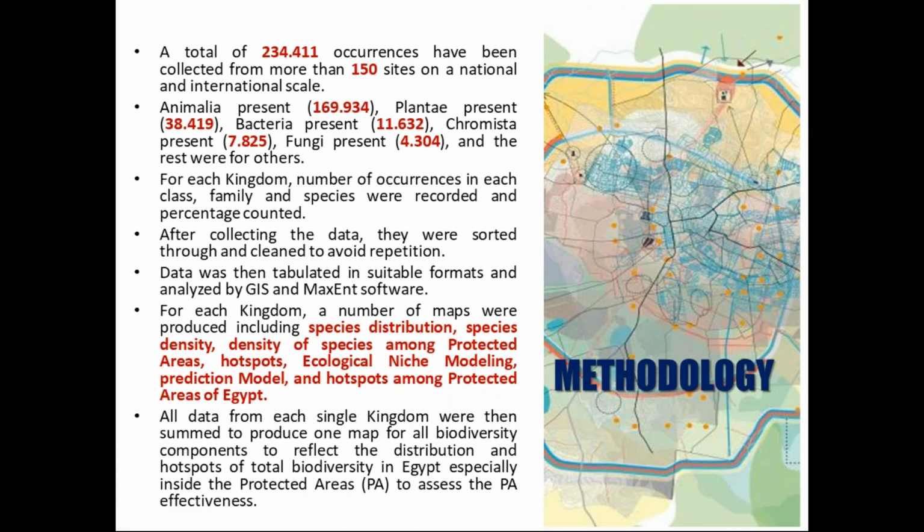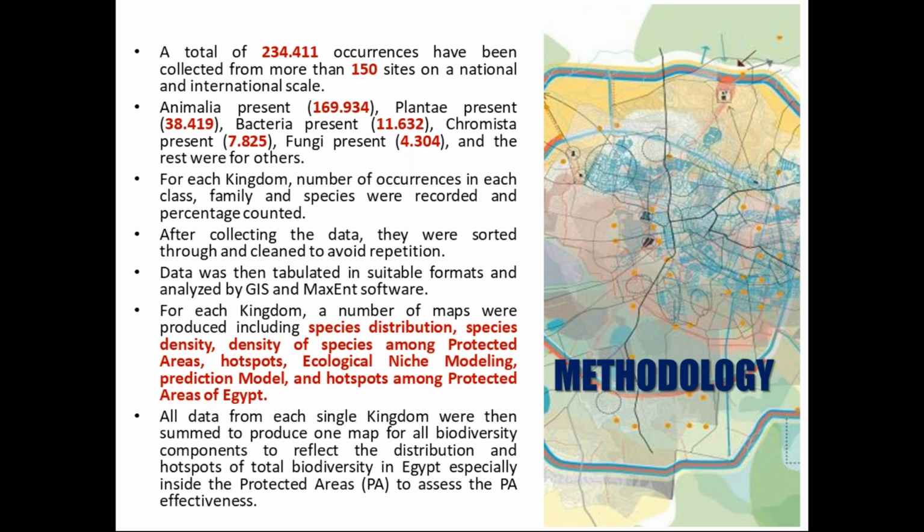To make a hotspot biodiversity map for Egypt was a very challenging matter because we do not have enough data, especially data about the coordinates of species distribution. So we collected as much available data as possible in Egypt, at national and international scale, from scientific research, the national database, reports of international and national agencies, and online databases. We have collected about 1 million records